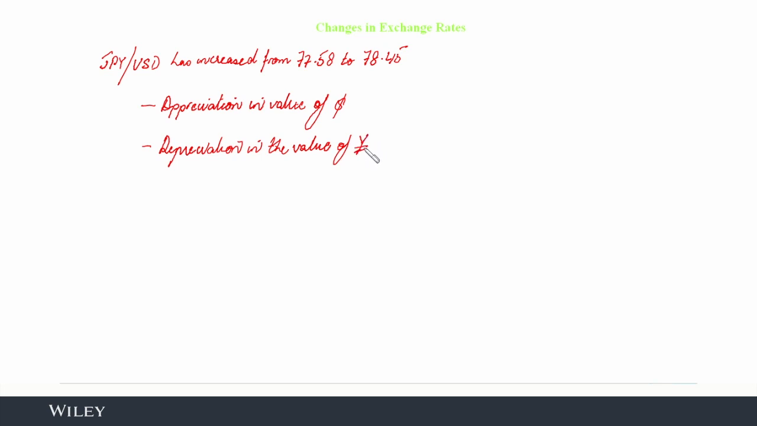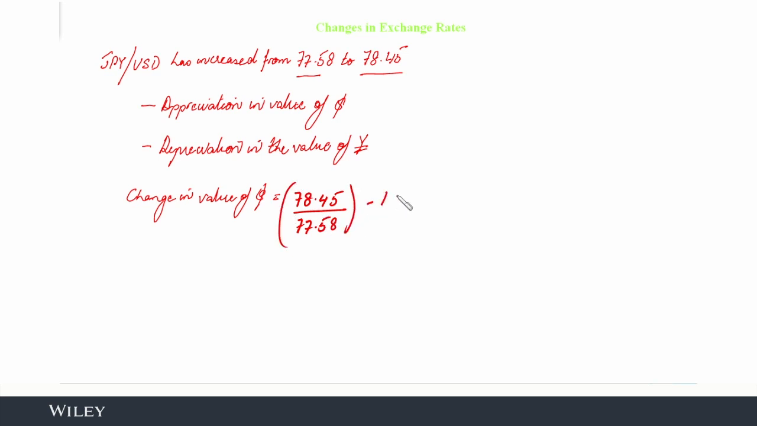Right, so given that this exchange rate quote expresses the price of the dollar in terms of the yen, we can use these exchange rate quotes to determine the change in value of the dollar. So the change in the value of the dollar equals 78.45, which is the new price of the dollar in terms of yen, divided by 77.58, which was the initial price of the dollar in terms of yen, minus 1, which tells you that the value of the dollar has increased by